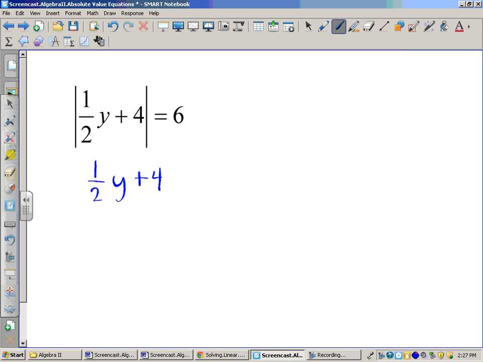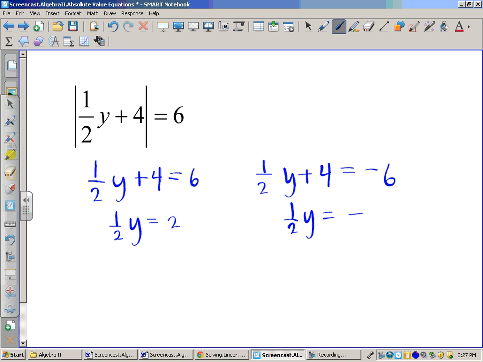And similar to problem number 1, we will remove our absolute value and set our equation equal to a positive 6 and negative 6. Again, performing inverse operations, we are going to subtract 4 from both sides, producing 2 and negative 10. Well, I forgot my OR in the middle, which is implied. And now inversing division by 2 is to multiply and have answers of 4 and negative 20, and supported with a check